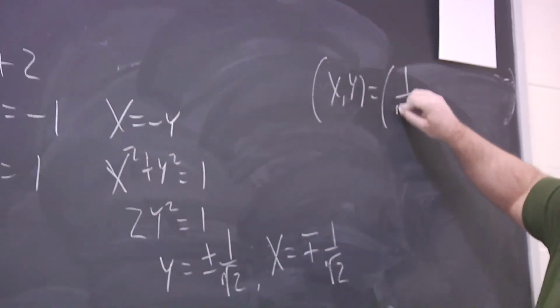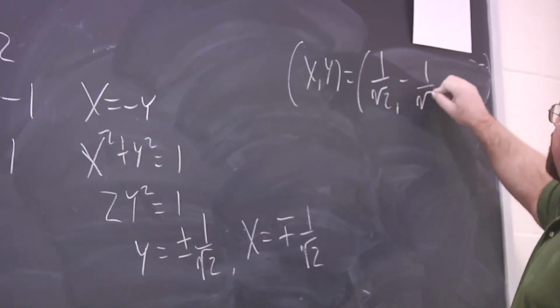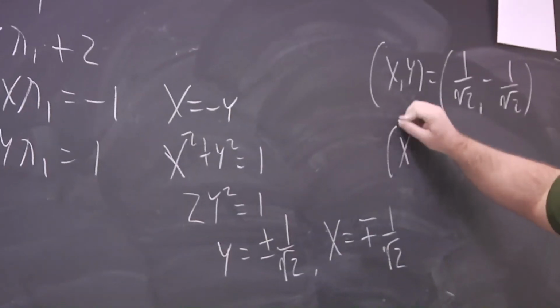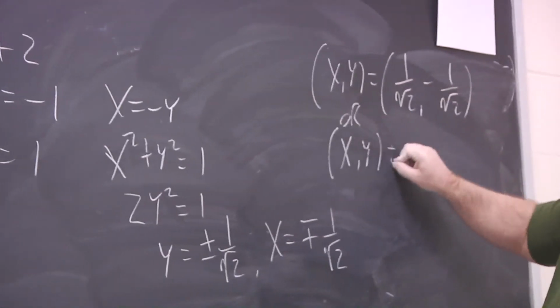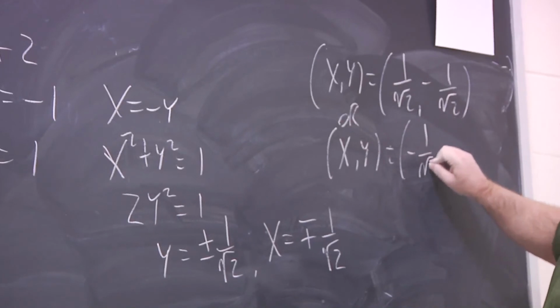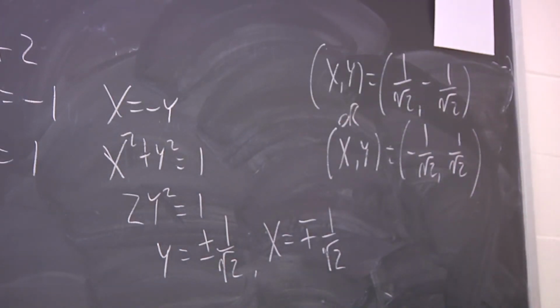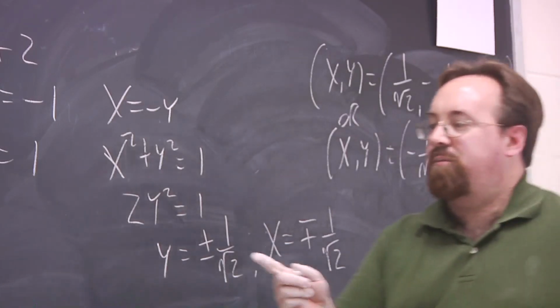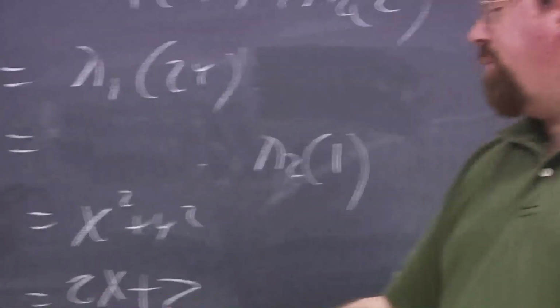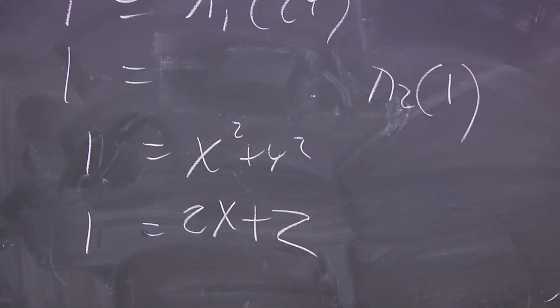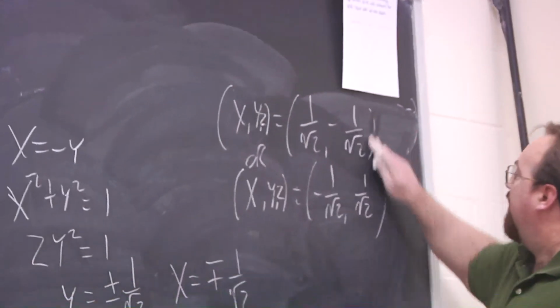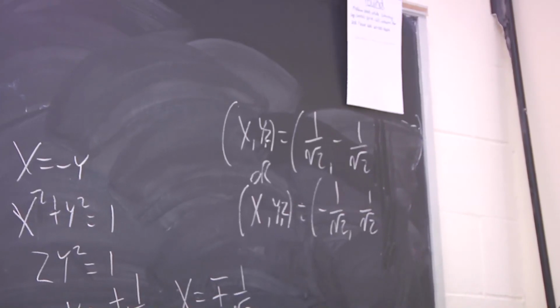So we have 1 over square root of 2 and minus 1 over square root of 2, or you negate both. And now we just need z, but we can get z from here. So actually we need x, y, z. So 2x plus